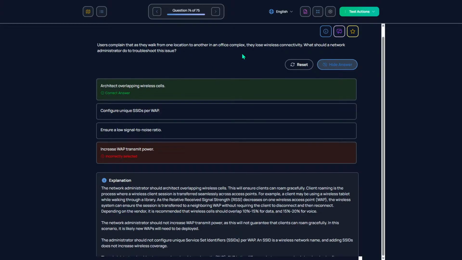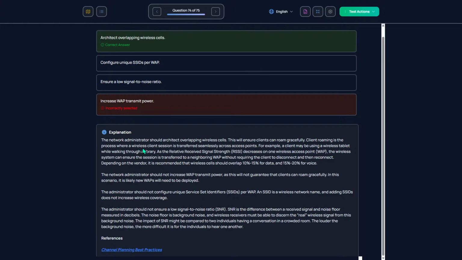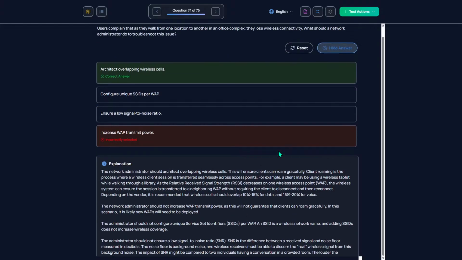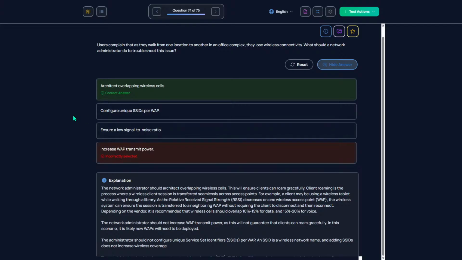Architect overlapping wireless cells. Oh, this is a wording one. That's why I got this one wrong, man. They're tricky with their wording sometimes. Basically, they want to make sure the wireless access points' transmission radius overlaps.